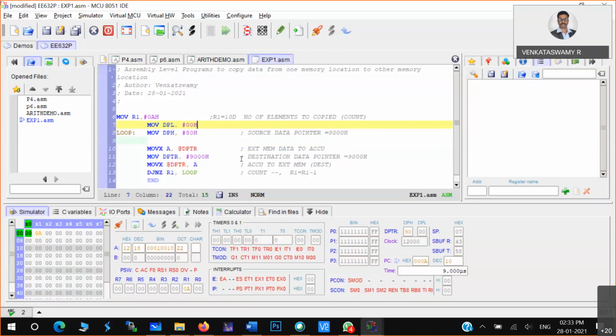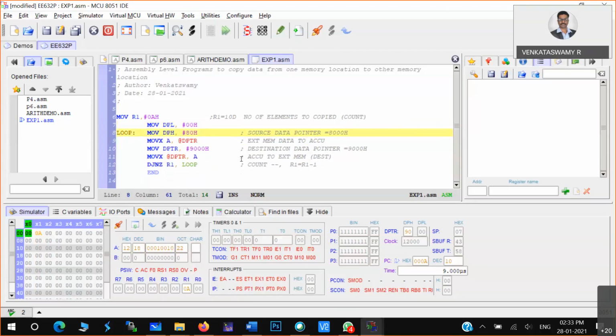DPL 00 and DPH 80 means DPTR is 8000 only. I am just using that trick. DPL I am incrementing, DPH I'll just toggle. You understood? Even if you execute this program now, the first element will get copied.